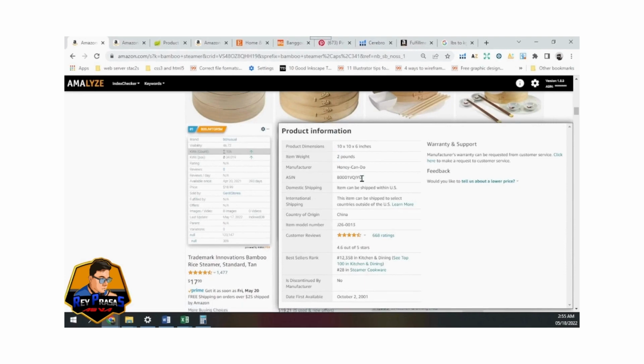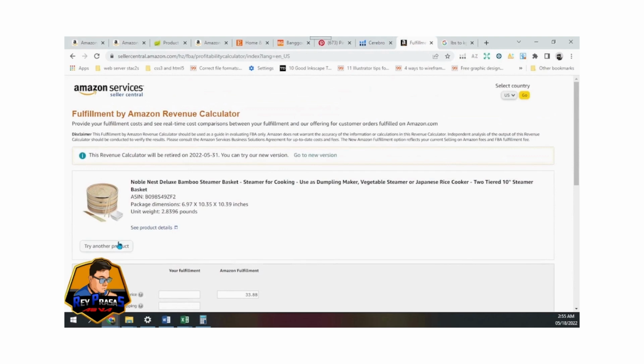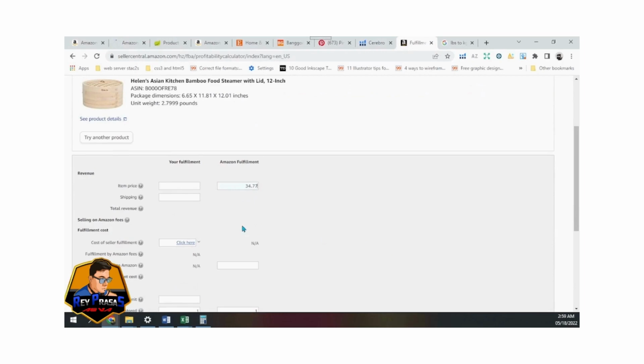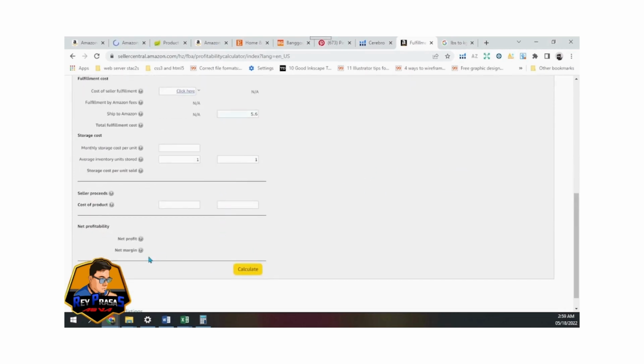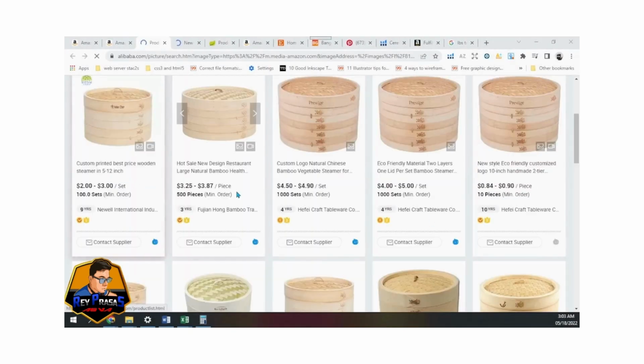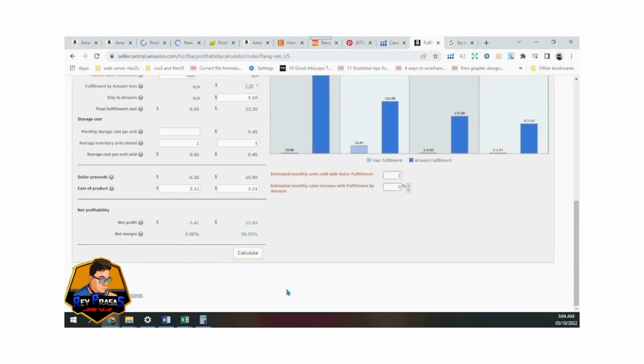Now, we will see if the product we choose is profitable or not by using the Amazon Seller Central Profitability Calculator. We will input the item price, $34.77, shipment cost. To get the shipment cost, just multiply the weight by 2. That's $5.60. The average inventory unit is 1. To get the product cost, we will look for the top 3 suppliers in Alibaba and get the average price from the 3 suppliers. The product cost is $3.11, and we get a 36.5% net margin with a